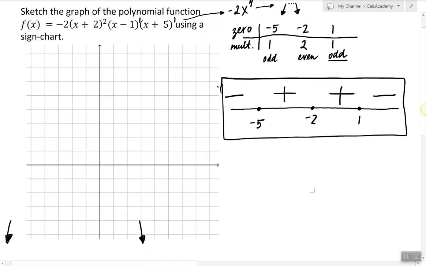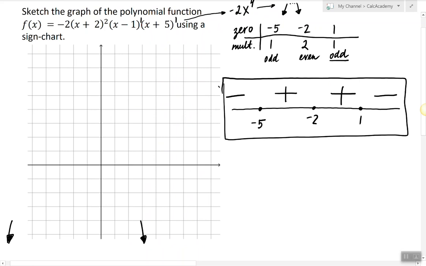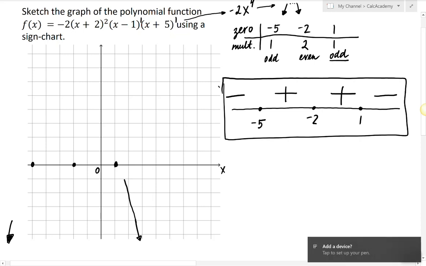And now using the sign chart it is very easy to sketch the graph, because basically we know everything there is to know. So we always start by plotting the x-intercepts. So we start at -5, -2, and 1. And going from right to left again, the function changes the sign at 1 from negative to positive,